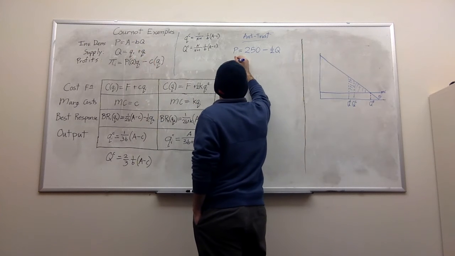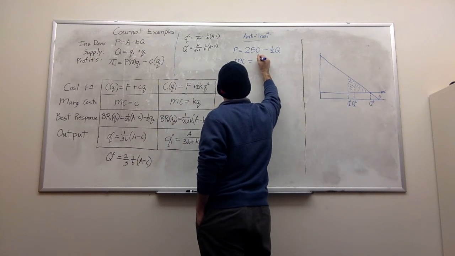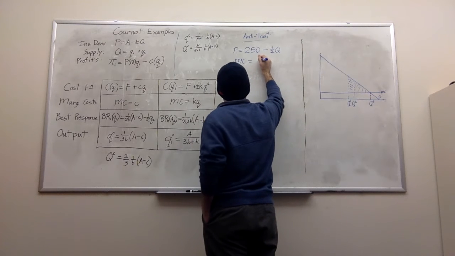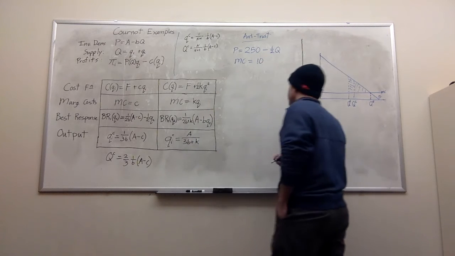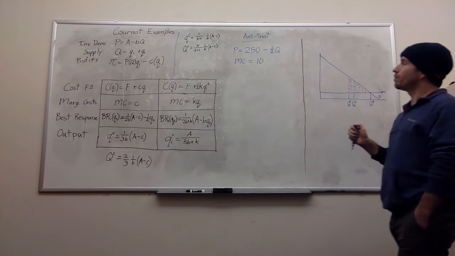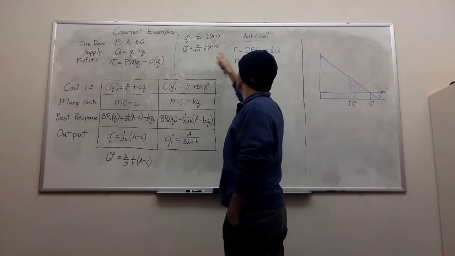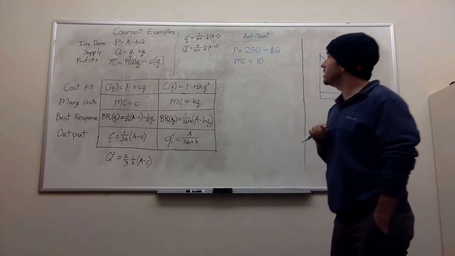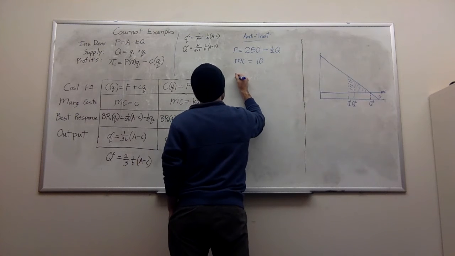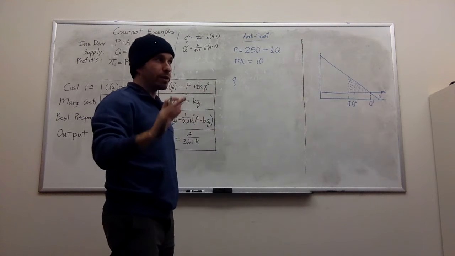We'll also say that marginal cost, little c, is equal to 10. So c is 10, a is 250, and b is 1/2. And I can say QC, the quantity that each firm will produce when we don't have the merger,